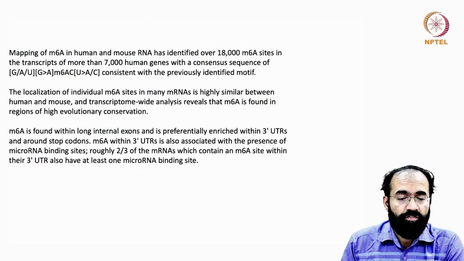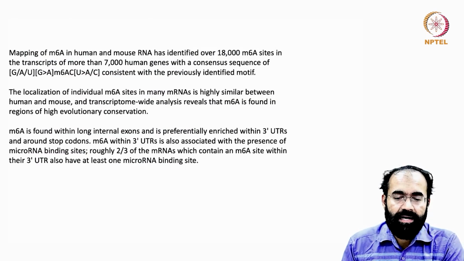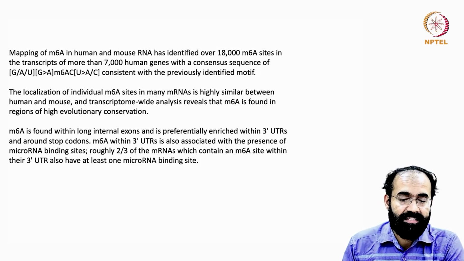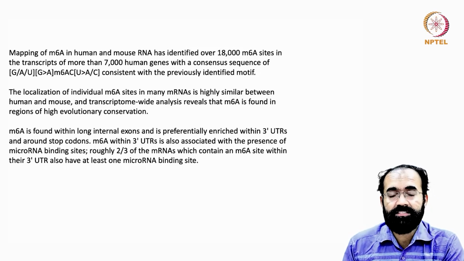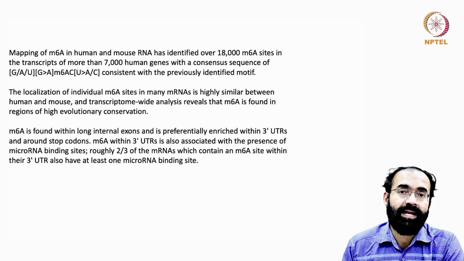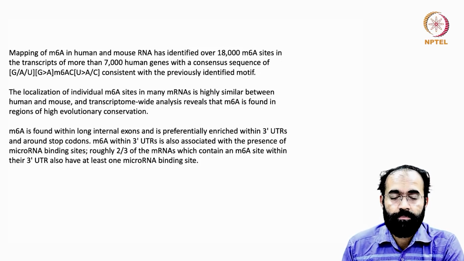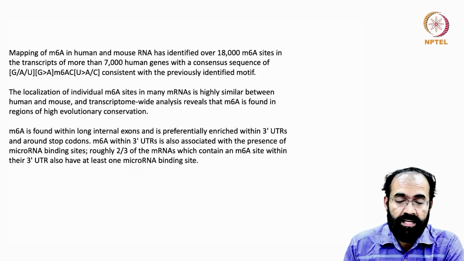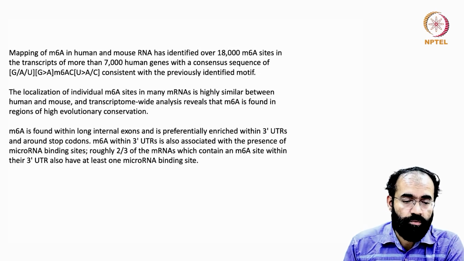So the mapping of m6A in human and mouse RNA has identified over 18,000 m6A sites in the transcripts of more than 7,000 human genes. It is a huge number: more than 18,000 adenosines identified in 7,000 human genes with a consensus sequence of